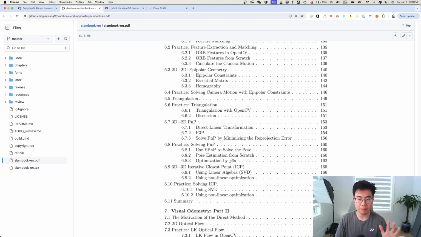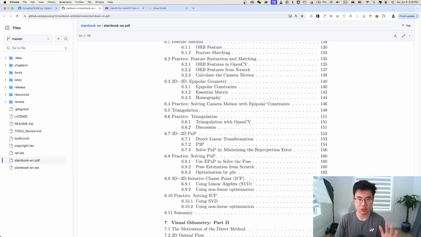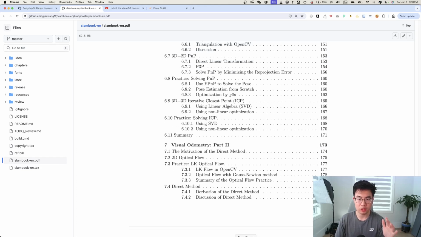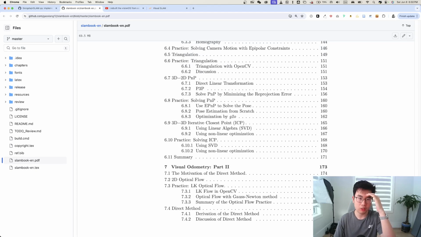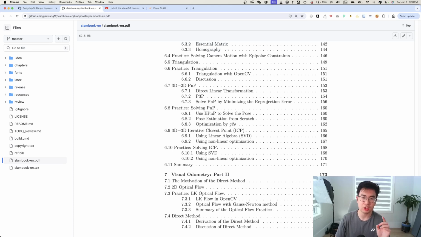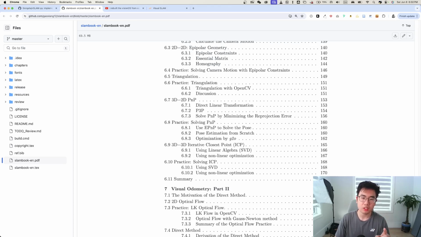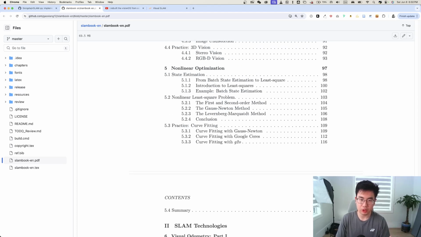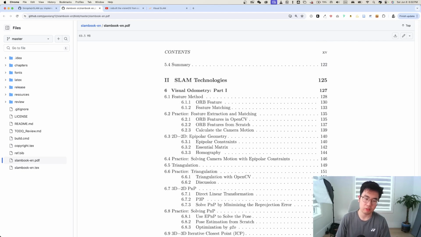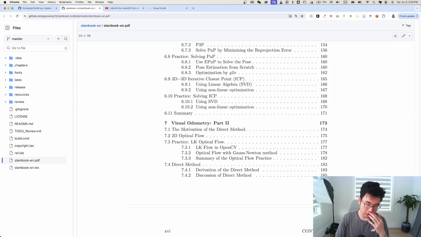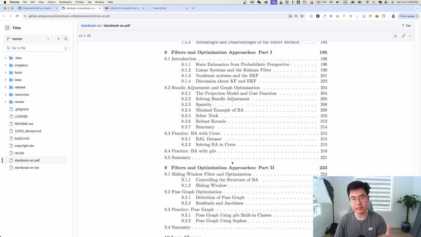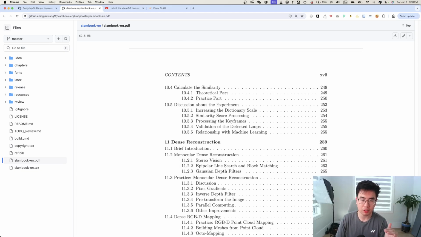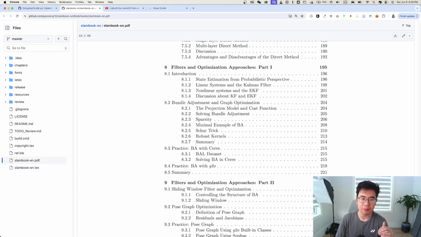But as you get into the actual SLAM technology, visual geometry here, when they solve PnP through optimization by G2O, that's why you actually need it. Or actually, sorry, 3D to 2D, solving PnP by minimizing the reprojection error. Actually implementing that is essentially doing nonlinear least squares, in which case I use G2O for that part. So all that to say that every single chapter, I sort of use these ideas up to chapter, say,